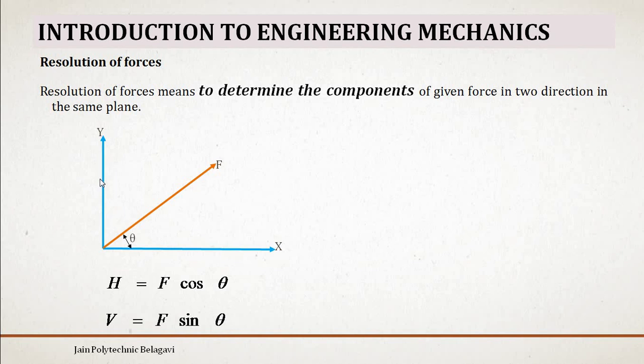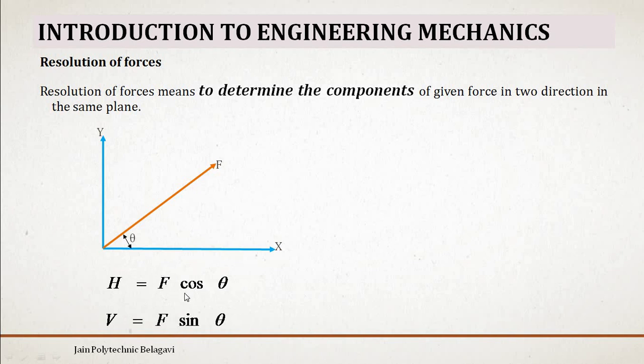Exactly opposite, because if you shift this arrow and place it here vertically, this will be the opposite side of the triangle, correct? So opposite side upon hypotenuse will give you sin theta. So sin theta is equal to the vertical component, and this F, if you shift it below V, you will get the sin theta formula, that is nothing but the opposite side divided by the hypotenuse. So this is nothing but the resolution of forces. This force F we have resolved into two components, the horizontal component and the vertical component.